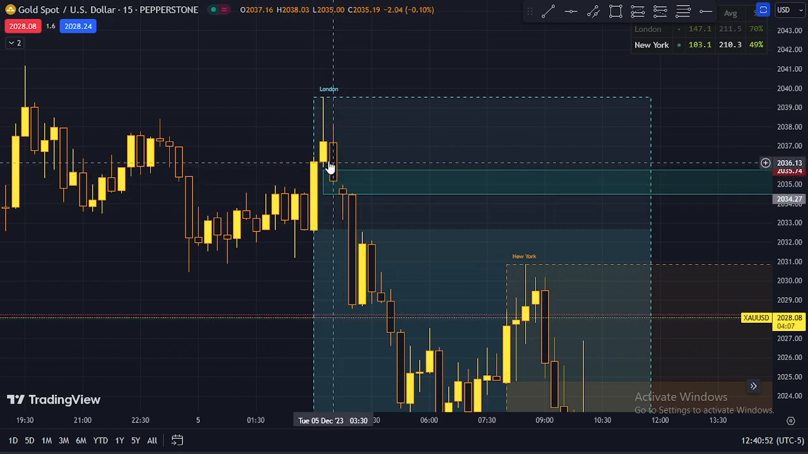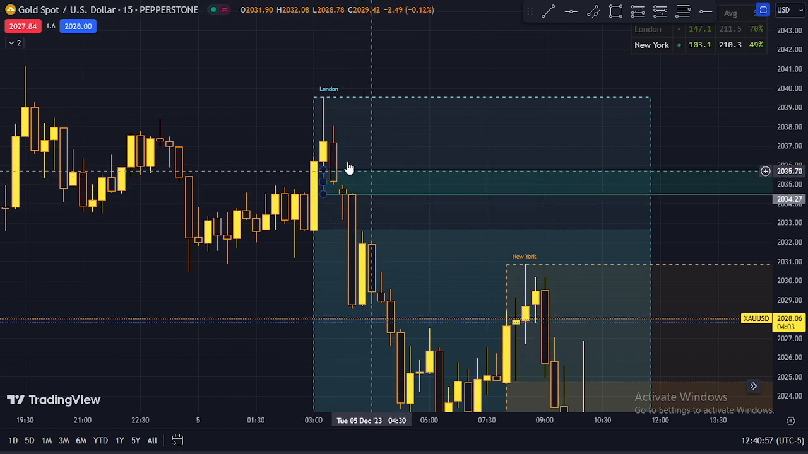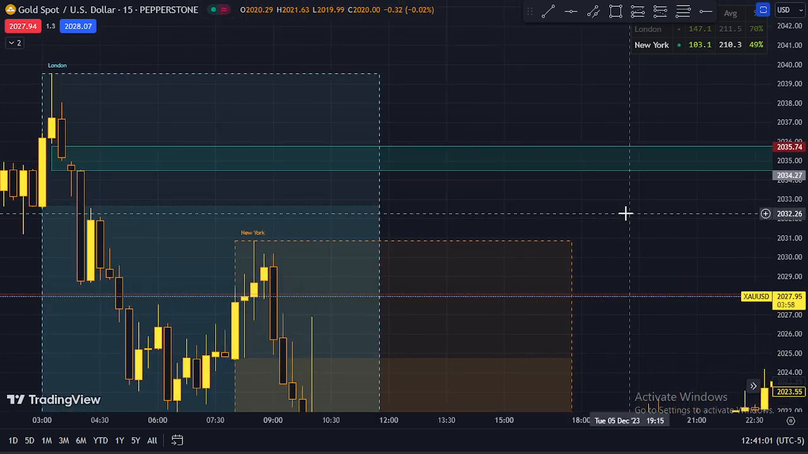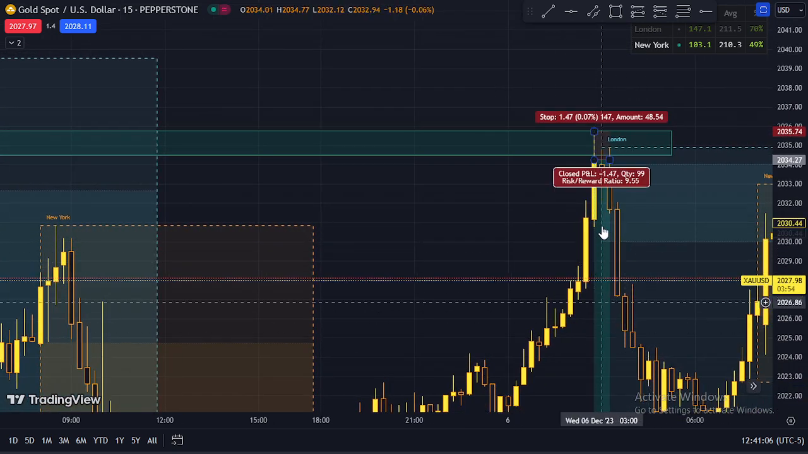So I was watching this and I marked the two. Whenever you see an imbalance and a volume imbalance or a liquidity void, you can couple all of them together, mark them, and extend it through the chart. This was yesterday. So when price came here,